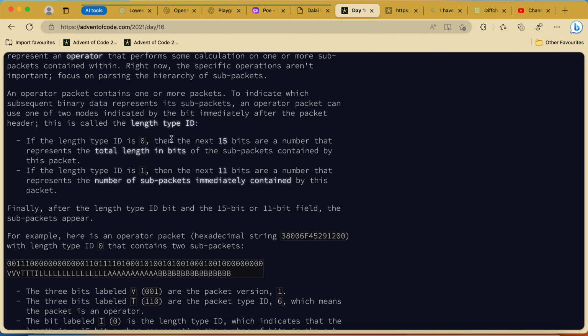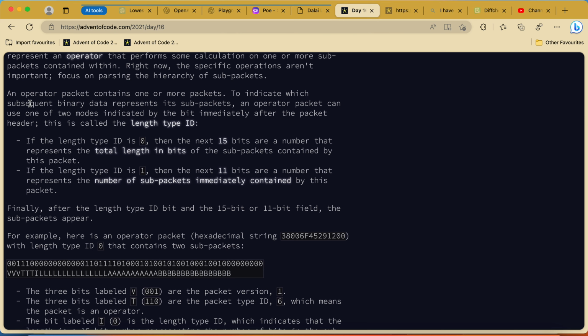To indicate which subsequent binary data represents its sub-packets, an operator packet can use one of two modes, indicated by the bit immediately after the packet header. This is called the length type ID. A second, I didn't get that. An operator packet contains one or more packets. Okay, I'm an operator packet, which means that my type ID is not 4.